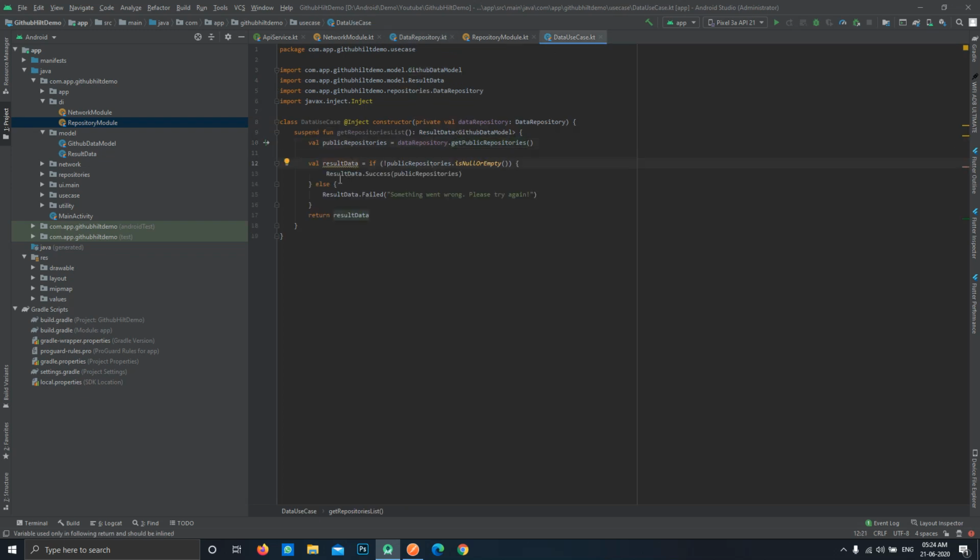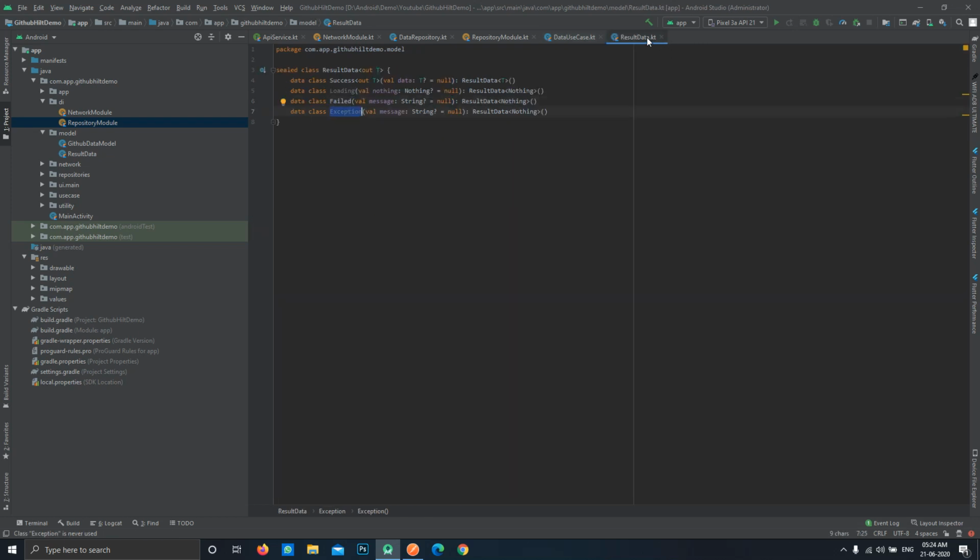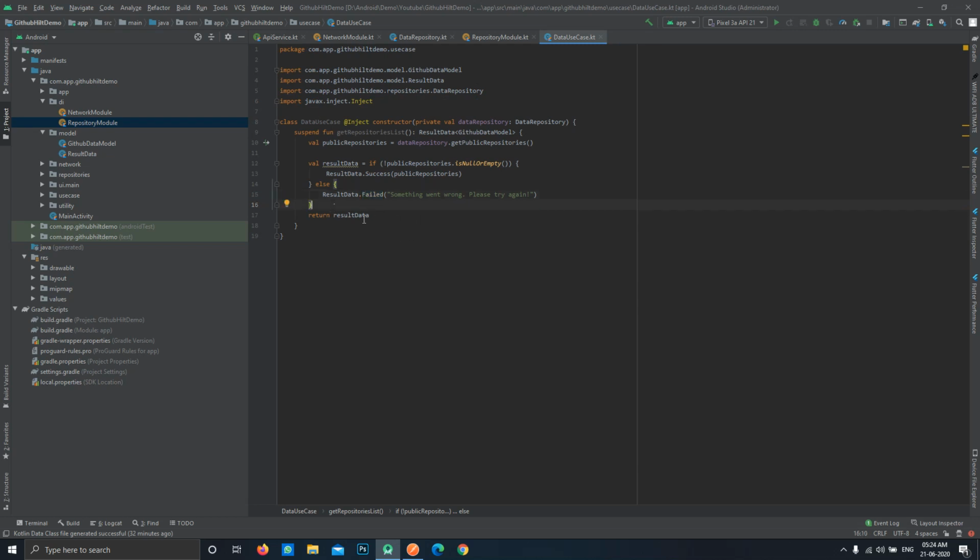And we are doing some transformations over here, like if our repository is not null and not empty, then the result is success, otherwise it is failed. We have multiple states, like we can also keep this in try catch, and we can manage the exception as a failed or exception state which we have created over here. So that can also be done. In this case we are only managing the success and failed states, and we have returned the final result by this function, and we have defined the type of data class which it will be returning. So that's it for these two classes.